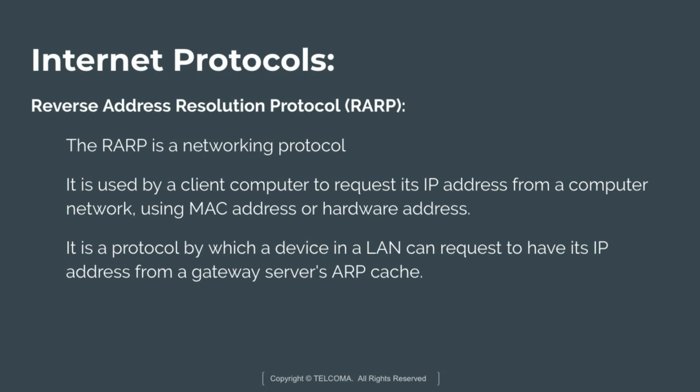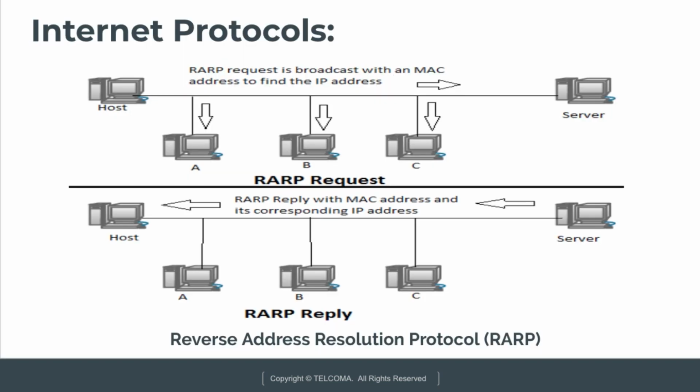But here the computer knows the MAC address, but it wants its IP address. So it is a protocol by which a device in a LAN can request its IP address from a gateway server's ARP cache. A network administrator creates a table in a LAN gateway router that maps the physical MAC address to the corresponding IP address. So in this diagram you can see this host, the new host